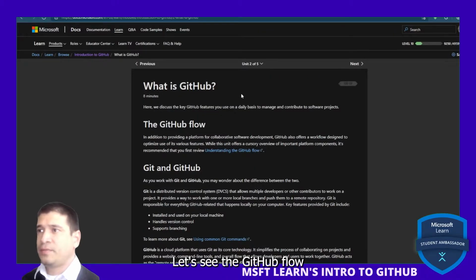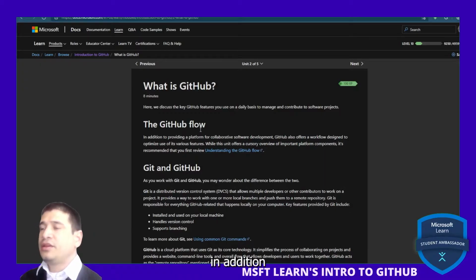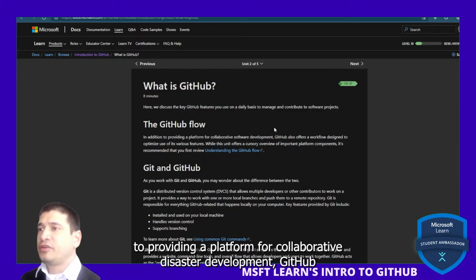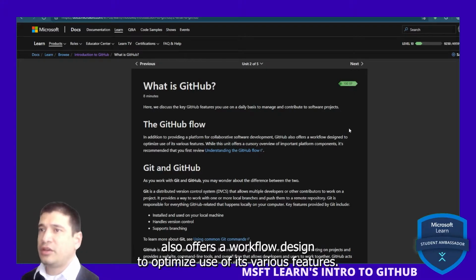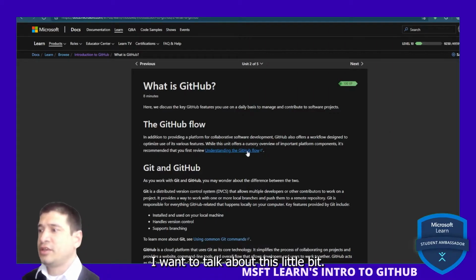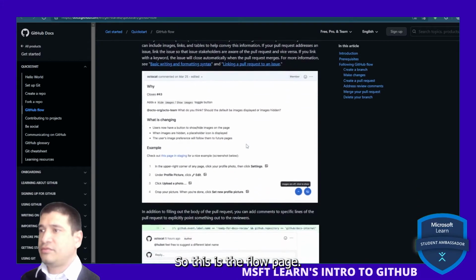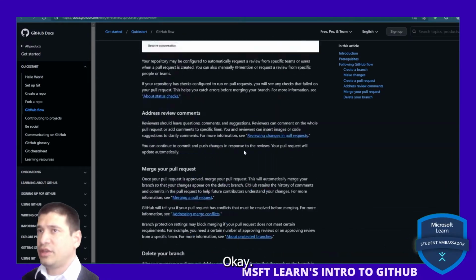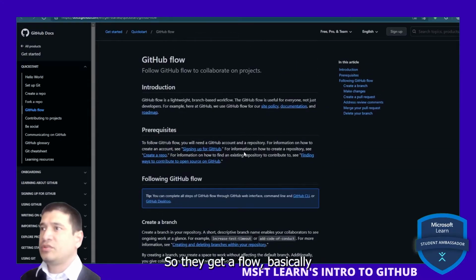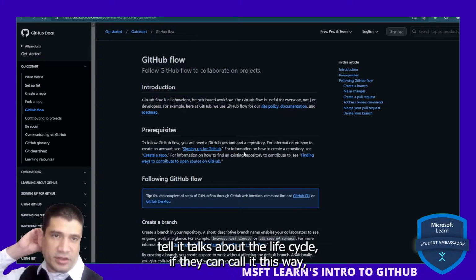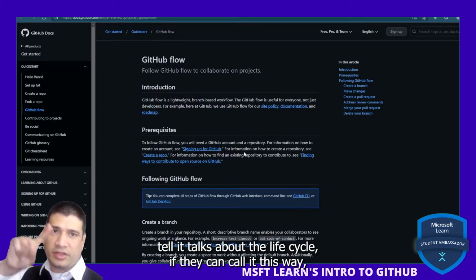So what is GitHub? Let's see. The GitHub flow. In addition to providing a platform for collaborative software development, GitHub also offers a workflow designed to optimize use of its various features. I want to talk about this a little bit. Let's take a look at this. So this is the flow page, okay? So the GitHub flow basically talks about the life cycle, if I can call it this way,